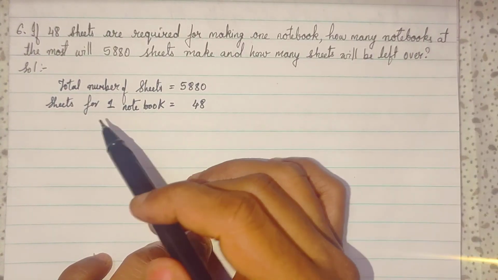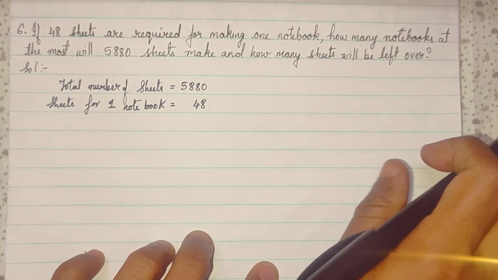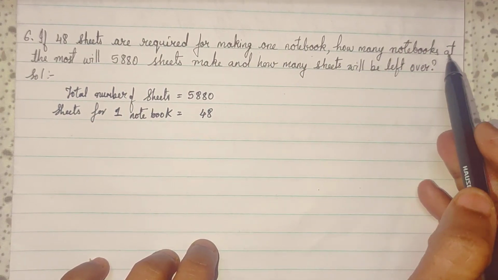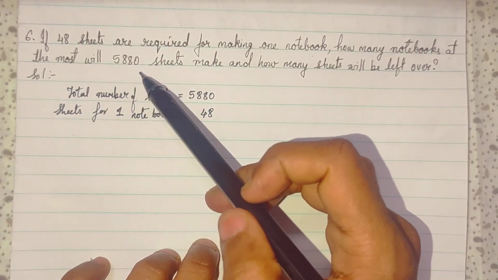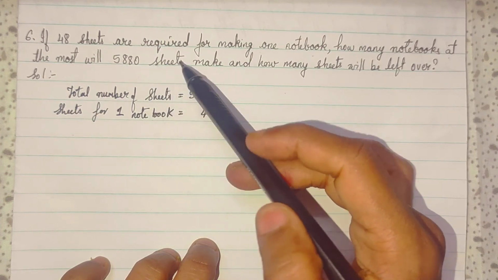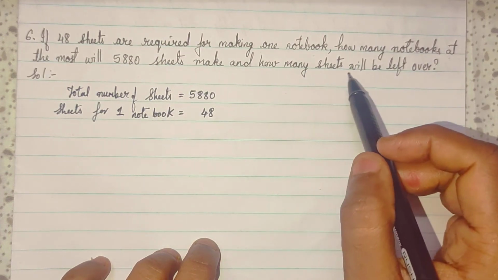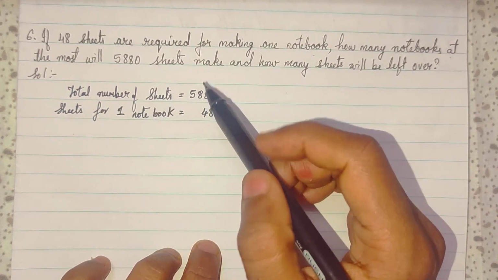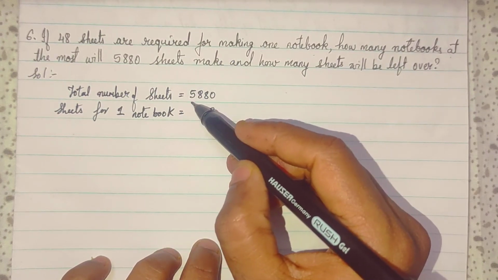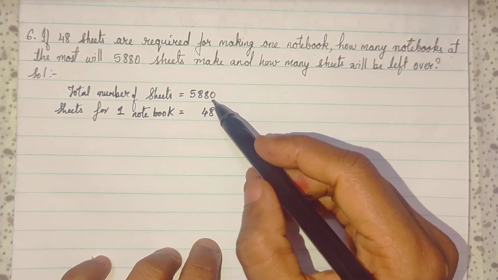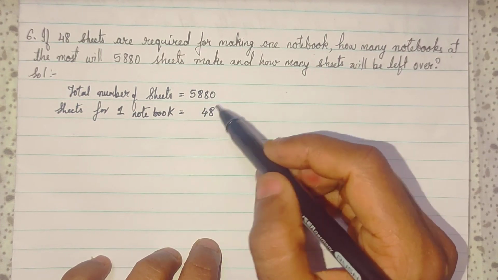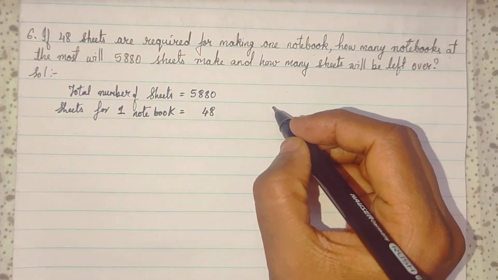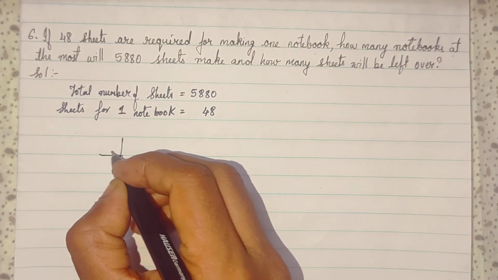Sixth sum. If 48 sheets are required for making one notebook, how many notebooks at the most will 5880 sheets make, and how many sheets will be left over? So the total number of sheets is this many, and if one notebook needs this many sheets, then how many notebooks can be made? So we have to divide